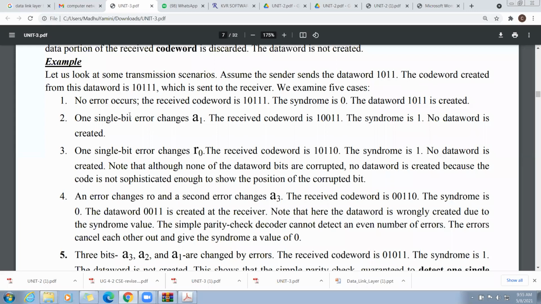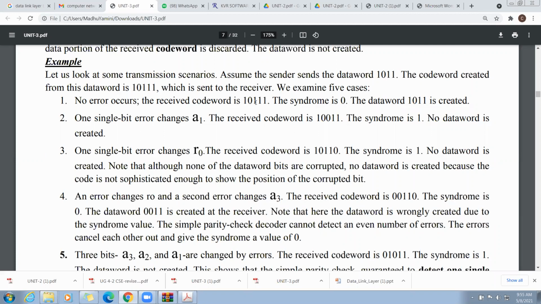In the first case, no error occurs. The received code word at the receiver side is 10111. What will the syndrome be here? The syndrome depends on the total number of ones.